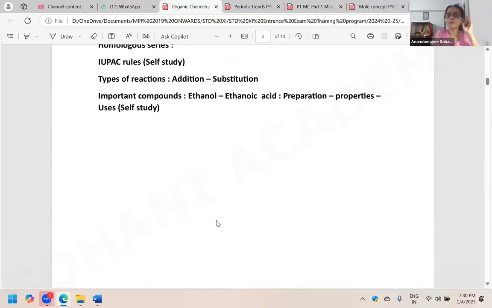So prepare these topics very well, because see, there is no decided weightage for the paper. If you carefully study the past papers, you will observe that there is no pattern. It is not that in every paper there are 2 questions on periodic trends, 3 questions on organic chemistry, 2 questions on metallurgy. There is no such pattern. So you cannot assume anything, but the topics which I'm specifically discussing are the key topics